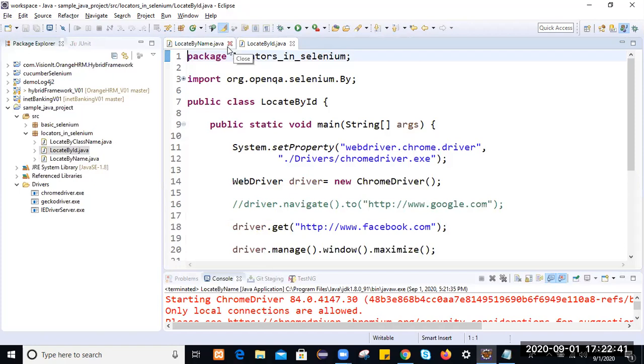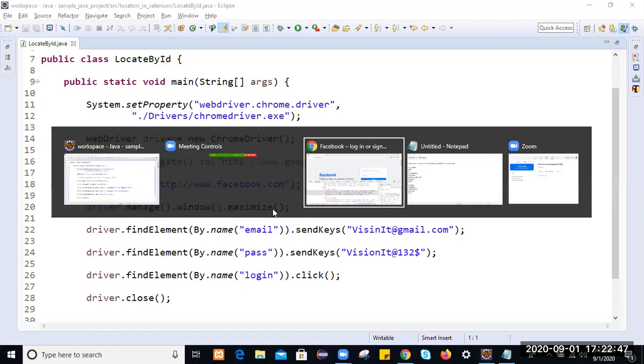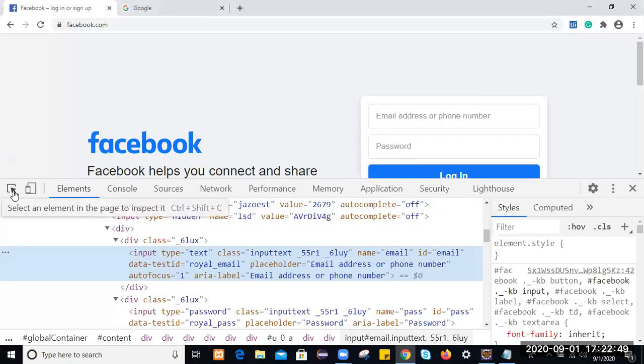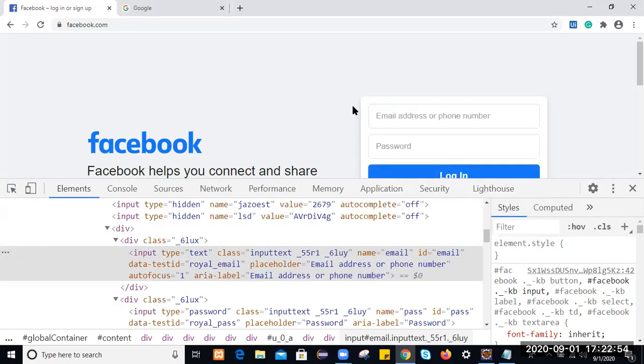Let's first check what the ID is for that web element. Go inspect, click on the inspector, and go to the text box. ID is equal to email. Copy this ID.